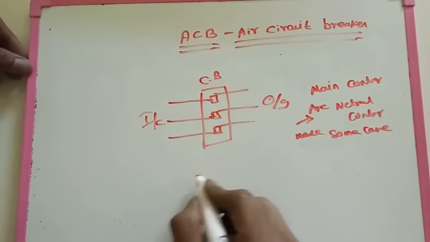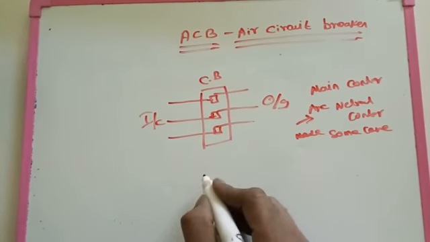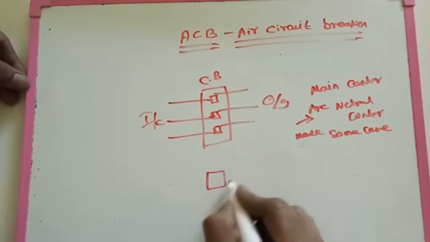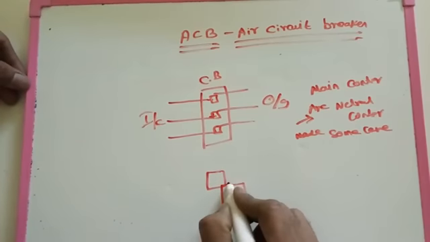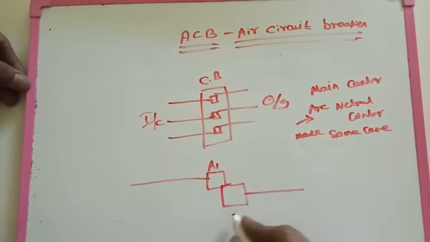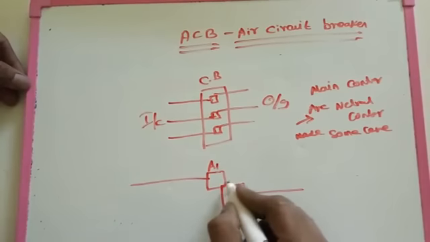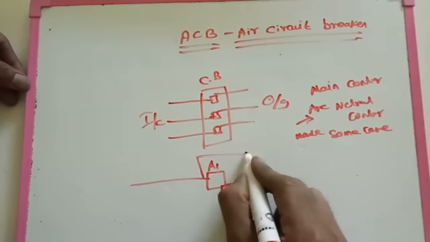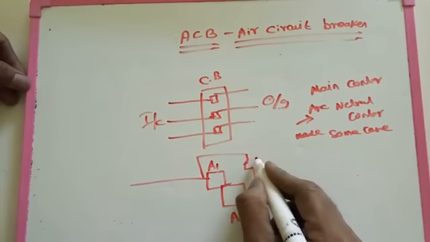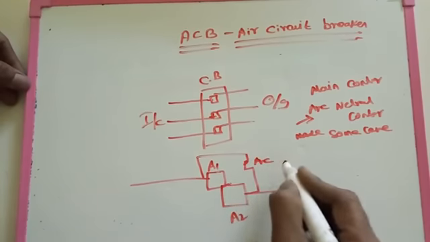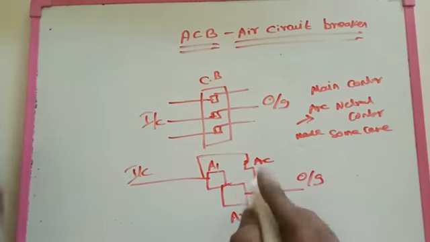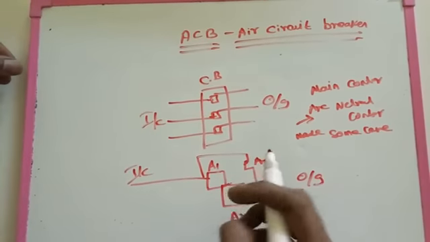At the time of first conducting, that means when you switch on an air circuit breaker, the main conductors are going to connect here. So this one, A1 and A2, the main conductor will be connected first. After that this arc conductor will be connected here. So this is for incoming, this is for outgoing as usual. This is for the main switching on of the air circuit breaker.